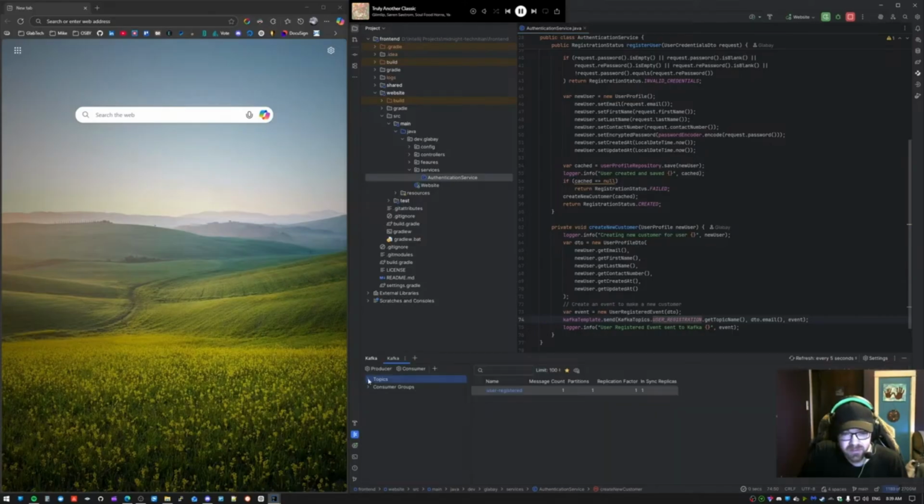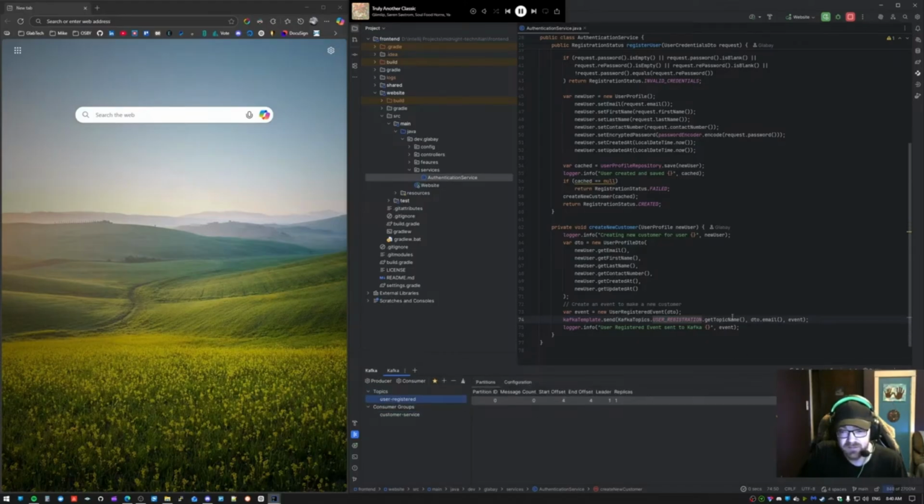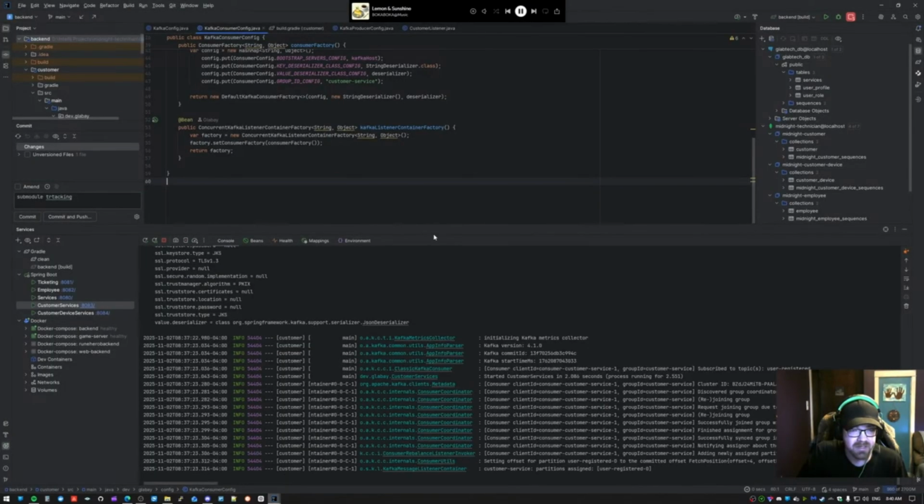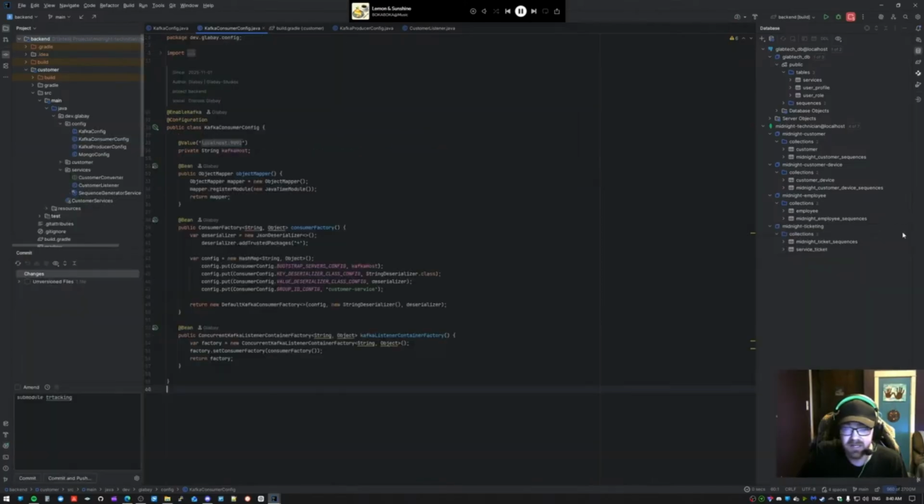So here we can see the topics. There's a user register. There is one message in the queue. That was our message from yesterday. So if we clear that topic, just clear a queue, we do have a producer now that I will run over on the back end. But just know that this is the front end, and this is how we replaced our HTTP request to create a new customer. So now if we hop on over into the back end,